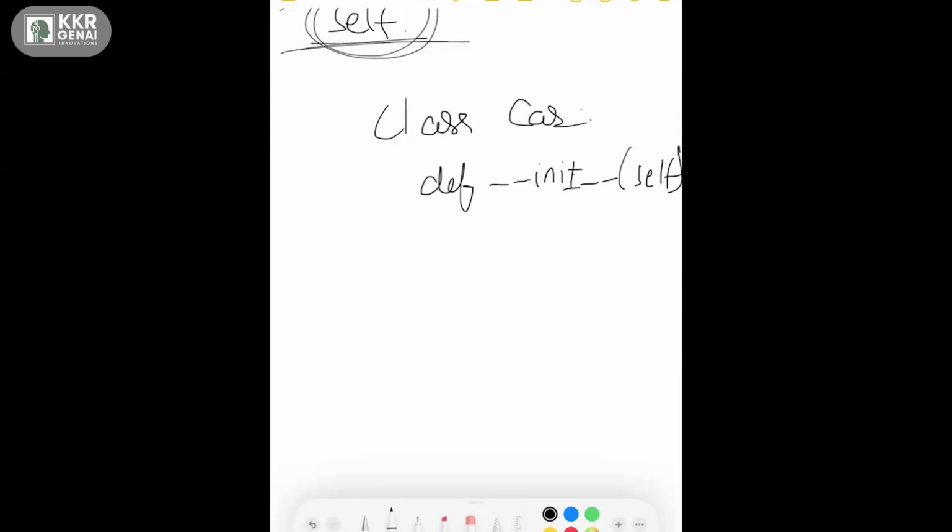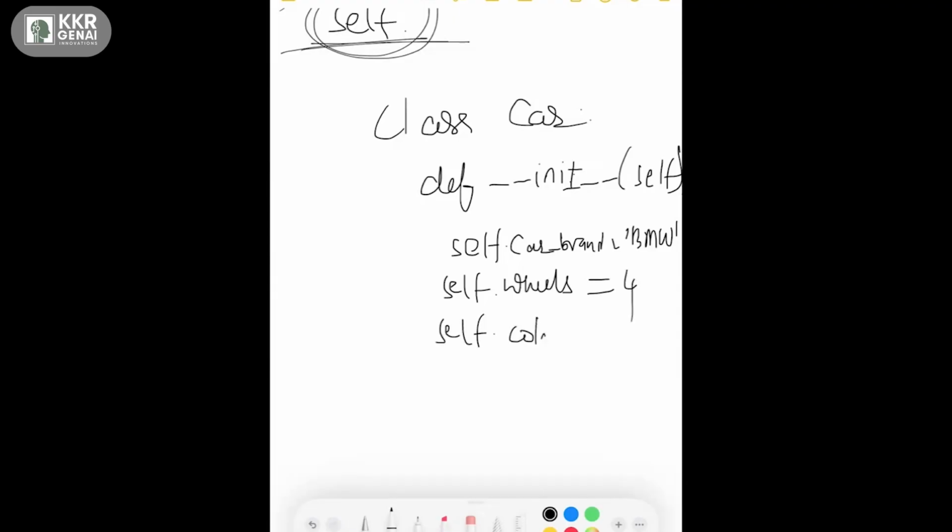I'm not passing any arguments to the class, but here I'm statically defining self.car_brand, which is equal to BMW, self.number_of_wheels, which is equal to 4, and self.color, which is equal to red.